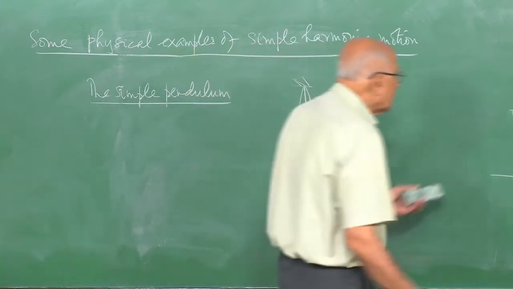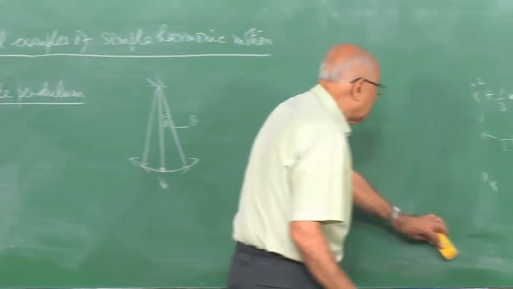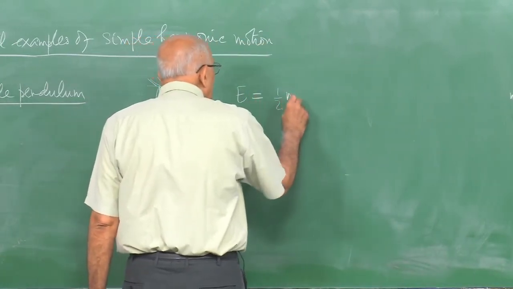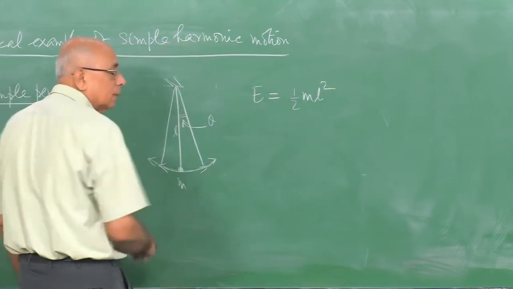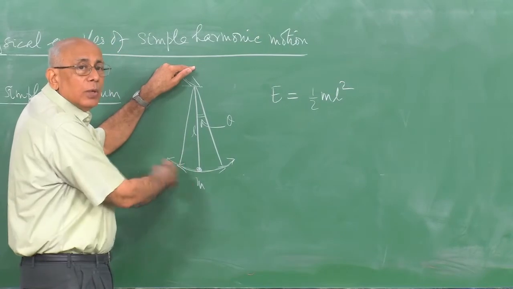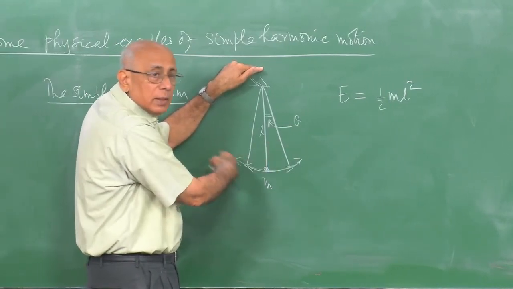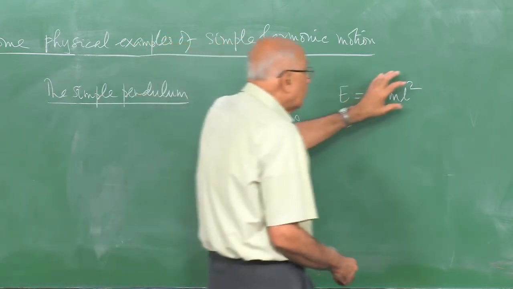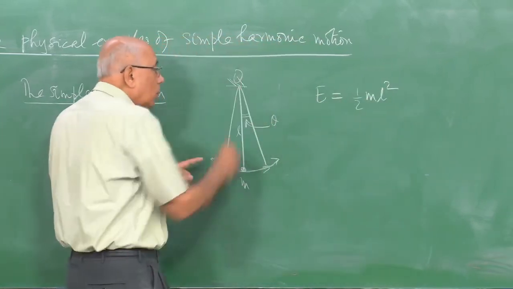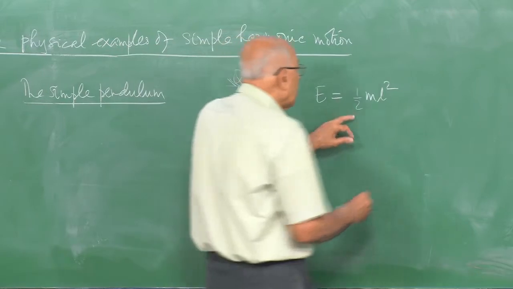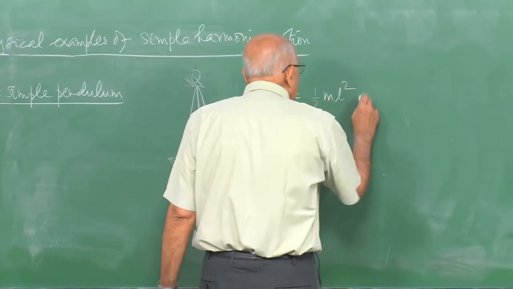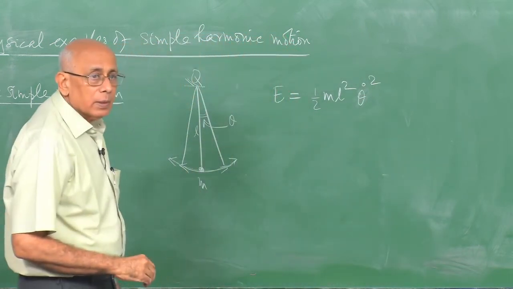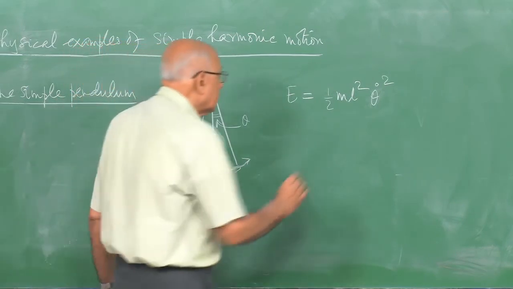Now what we have to do here is to write down an expression for the potential energy. So in this case the total energy E is 1/2 m l squared, because this is L, and the energy is in rotational kinetic energy, as this bob undergoes an angular displacement, and that rotational kinetic energy is the moment of inertia about this point of suspension O, which is m l squared, multiplied by the square of the angular speed, which is theta dot squared. That is the kinetic energy here,